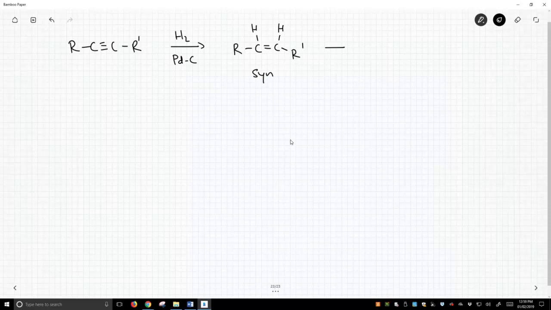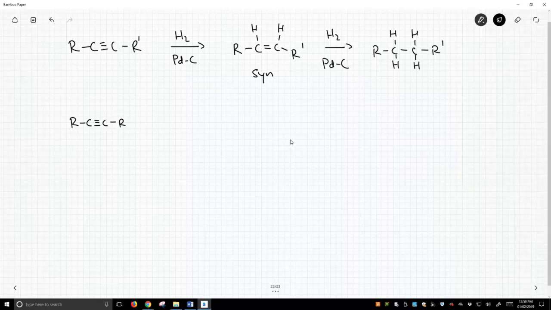And then, as soon as that formed, the alkene actually reacts faster than the alkyne. So as soon as the alkene forms, the alkene reacts as well. And you end up adding two equivalents of hydrogen. You simply can't control this. You can try to use less and less hydrogen, but it really doesn't work. So how can you do this with some control? Well, as it turns out,